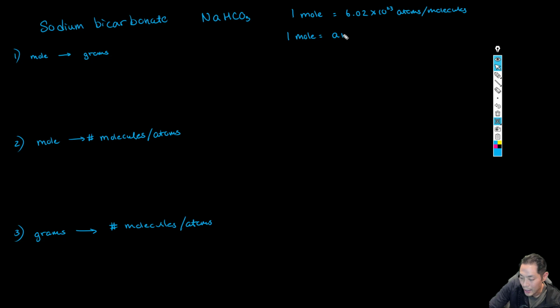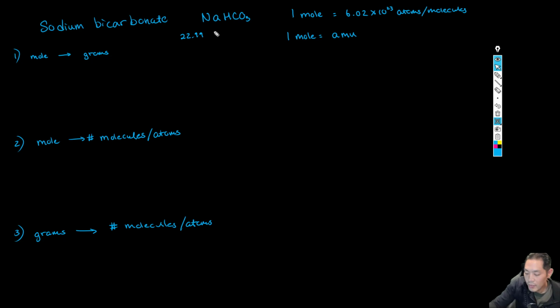The other thing that you want to know is that 1 mole of something is equal to its AMU, atomic mass unit. So if you have so many grams of this, it will equal 1 mole. So let's look at sodium bicarbonate. Sodium has a molar mass. If you look at the periodic table, at least in AMU, it's going to have